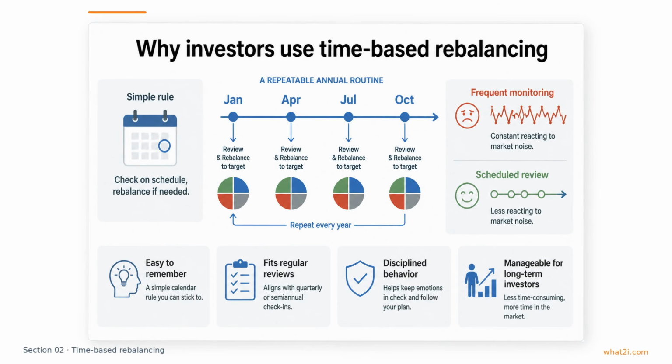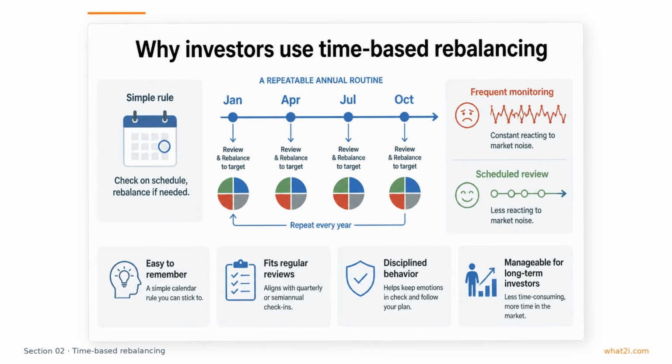Investors often choose this approach because it is simple and manageable. A fixed review schedule fits naturally with regular portfolio checkups, annual planning, or recurring financial routines. That clarity can support better behavior because the investor knows exactly when decisions will be made. It also reduces the urge to watch markets constantly and respond to every bout of volatility. For many long-term investors, that simplicity is a real advantage. A plan that is easy to follow is more likely to be followed consistently.